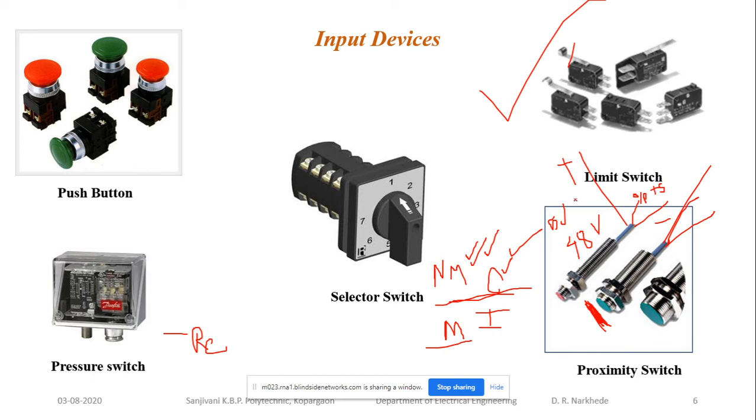Okay, and first for that purpose we need to give the supply to the positive and negative. That may be plus 5 volt, that may be plus 12 volt, that may be plus 24 volt, or that may be 48 volt. Okay, and based on that you are getting the output on the third wire. So this output you have is connected to the PLC. How are you going to make the connection? The output of this one is connected to the PLC, and this is the input of your PLC.